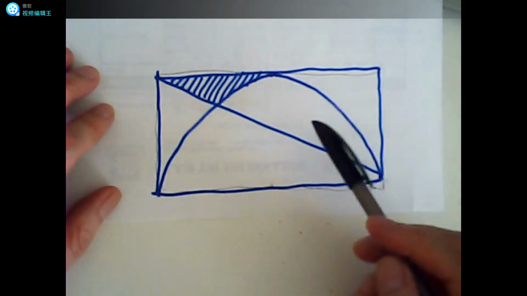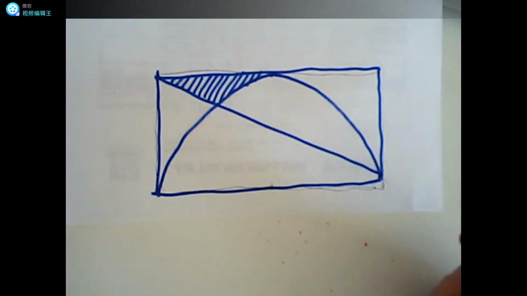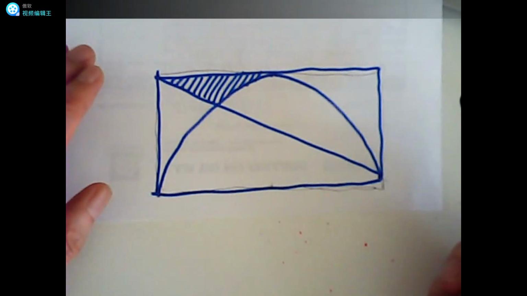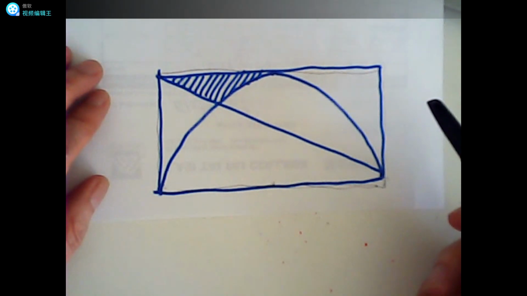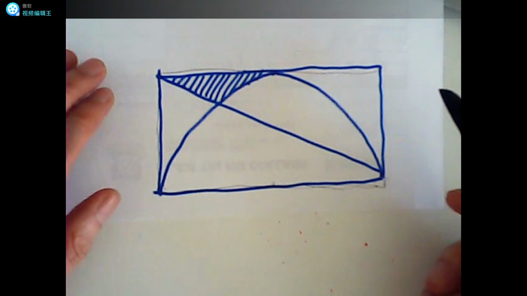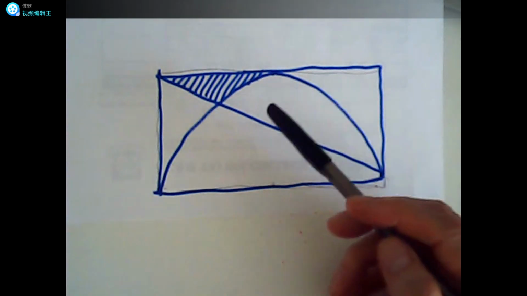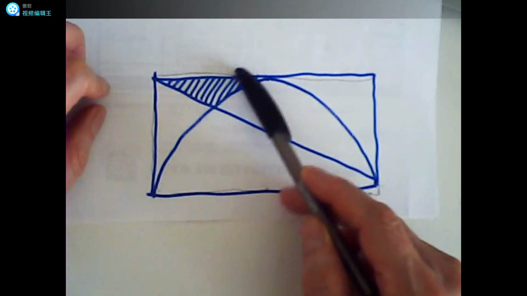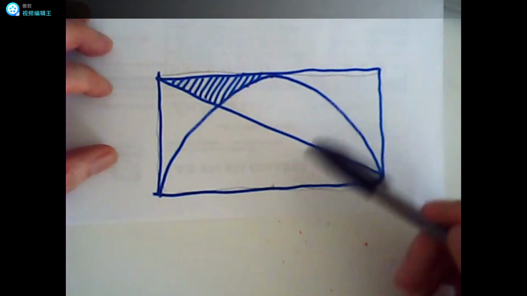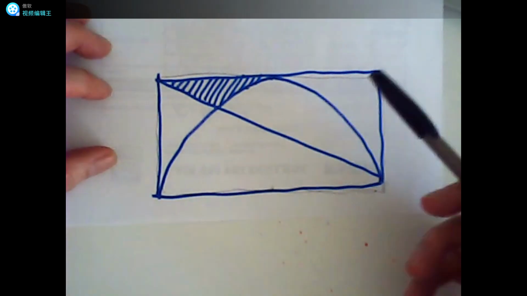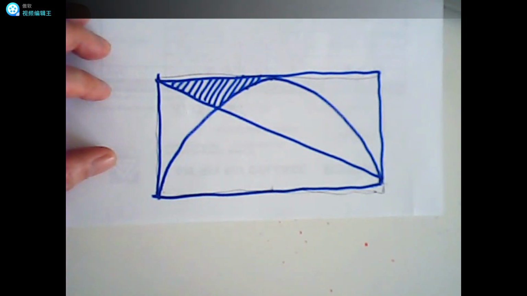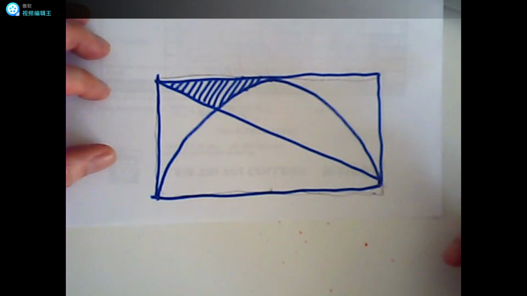Now I want to solve this problem by using definite integration. Then, after I find the solution, I check this answer by using geometry and trigonometry. Okay, now